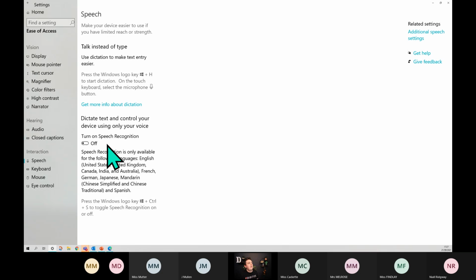You can also play around with your speech settings as well. So you can use your voice instead of typing. Again, this is very similar to the options that we've got in our Microsoft Word, OneNote, on the Bing search, but you can actually do it wherever you're wanting to. So all you're going to do is hit the Windows key and then H to start your dictation. So turn on speech recognition. That's been turned on for me. So when I click on, say, a search bar here, I can just go Windows button and H, and